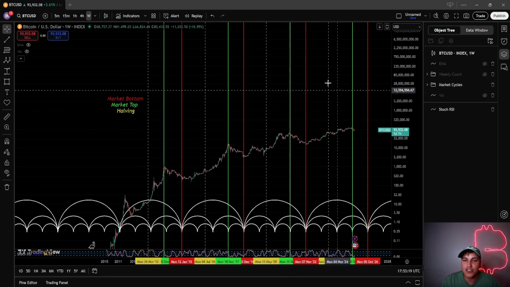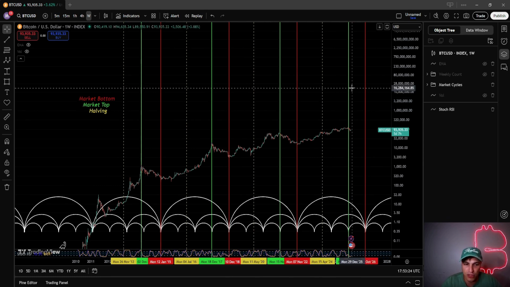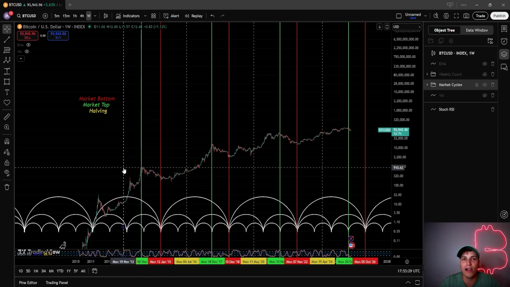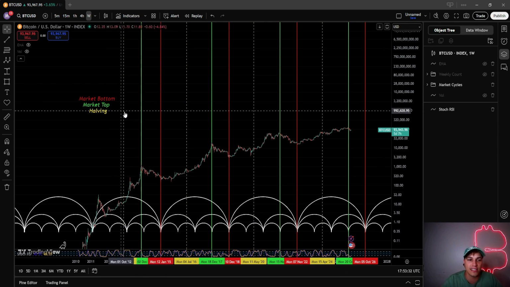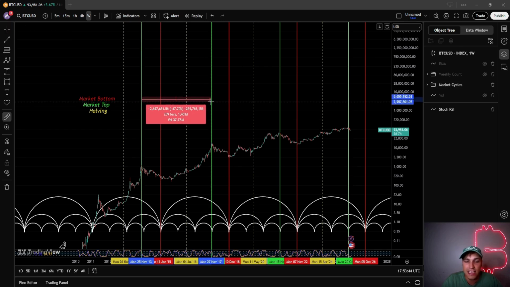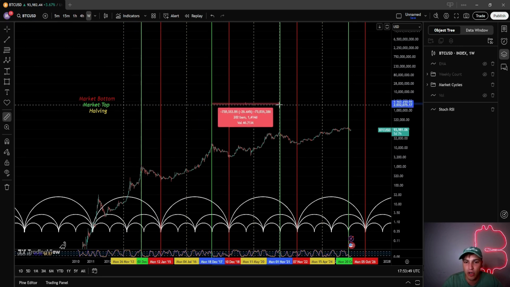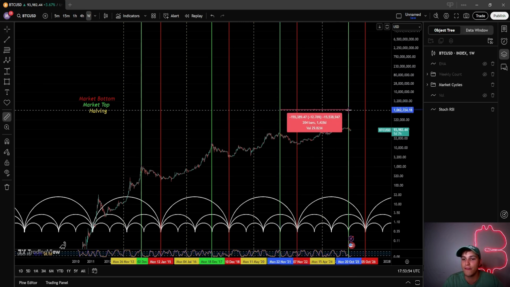As you can see on the charts, we have different cycles from Bitcoin's past. This is the index chart, and we start at 2012 with the first halving. Following 2012, we had a certain amount of days until our top in the market. Now, we all know that the top ranges between about 4 years. From top to top sits at 1,463 days. From this top to that top, we have 1,428 days. Very, very close to one another on the 4-year cycle.